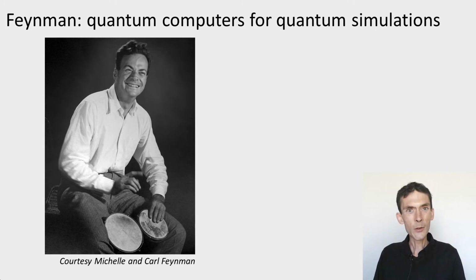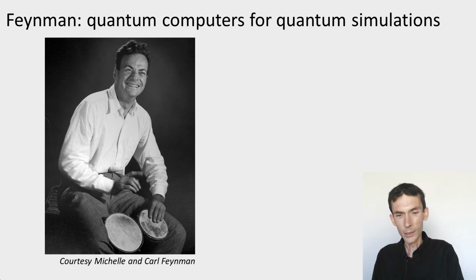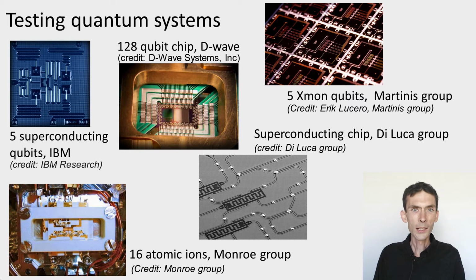Let's see the kind of quantum computers that we have today. And here are a few pictures. These are all different types of quantum computers. They range from 3, 5, or more, up to 128 qubits, built in different labs across the world. And they're all based on different architectures. This is why they all look so different, because researchers have a lot of different ideas as to how they could build a quantum computer, based on superconducting qubits or trapped ions or all kinds of possibilities.